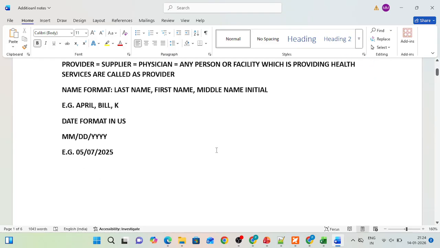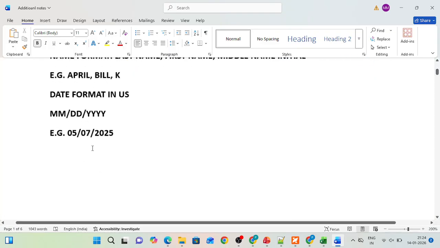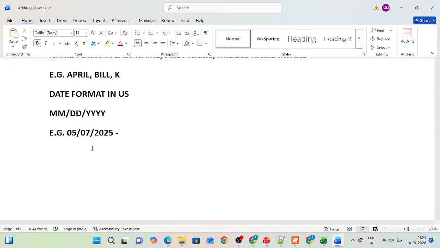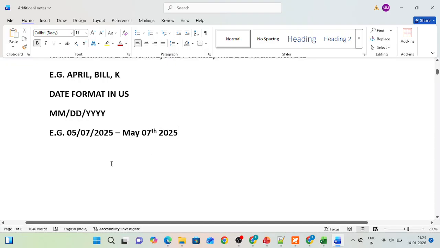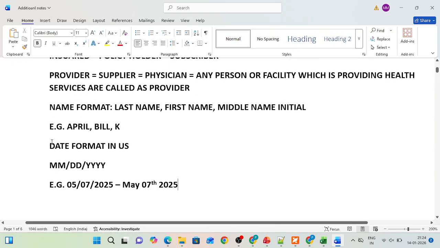Example, if I am writing like this, this is not the 5th July 2025. This is May 7th, 2025. If you wrongly tell them the date as 5th July 2025, then they will say claim not on file. So it is very important that we give them the correct format,